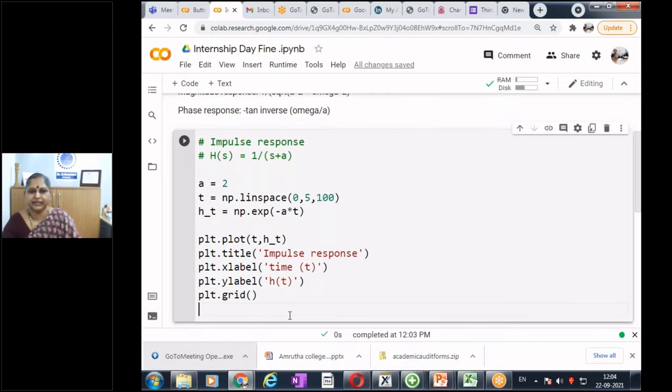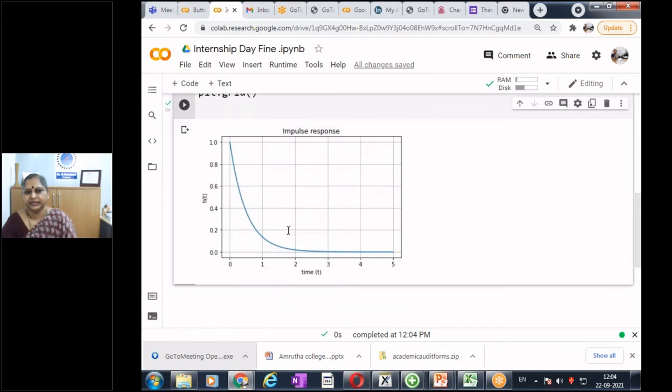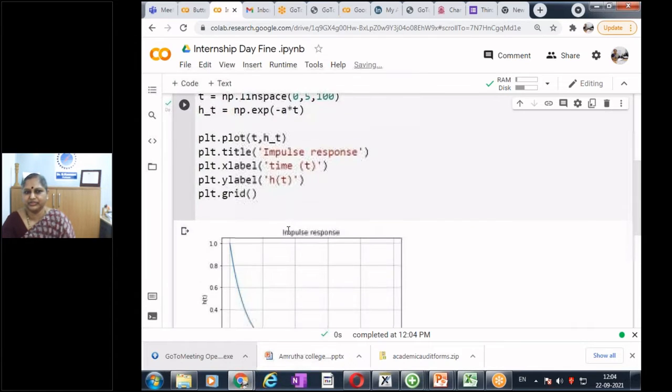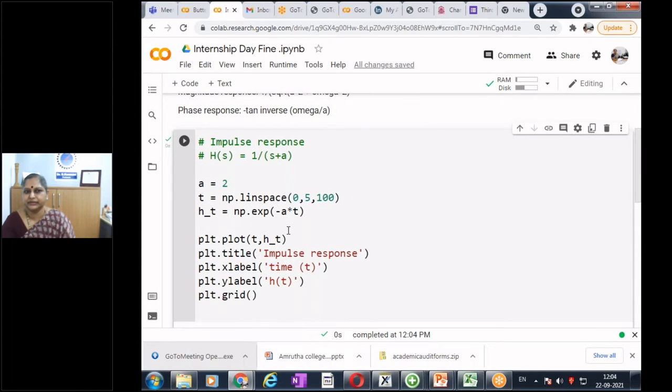And so let's run and see whether we are getting the result. I'm defining my A as 2 and then np dot linspace, and then I'm running it. Let me run. And let us see this. By observing the area, can you tell whether the system is stable or unstable? Is this an example of a stable or unstable system? Have you done this? This is the impulse response. It is stable. Very good.